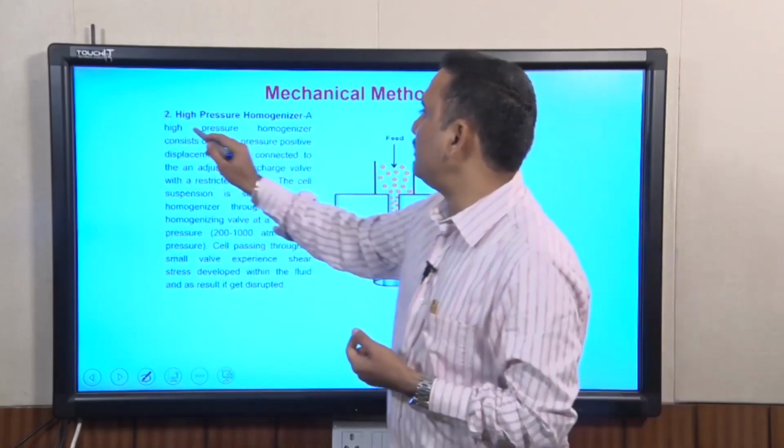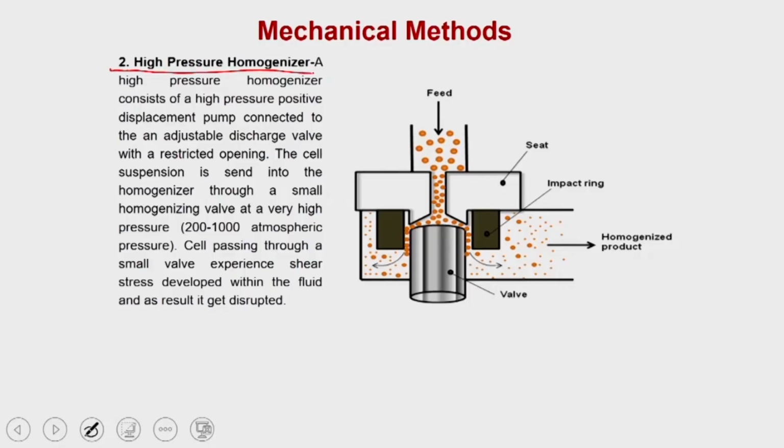Now, let us go to the high pressure homogenizers. The high pressure homogenizers consist of a high pressure positive displacement pump connected to the adjacent discharge valve with a restricted opening. So, this is the restricted opening which is present between the valve and the pump. The cell